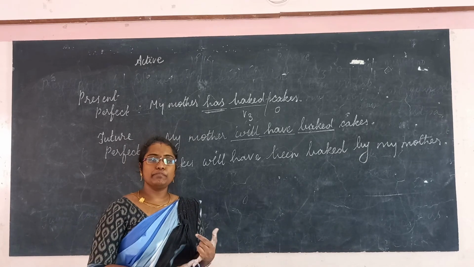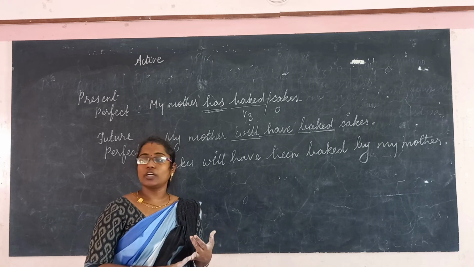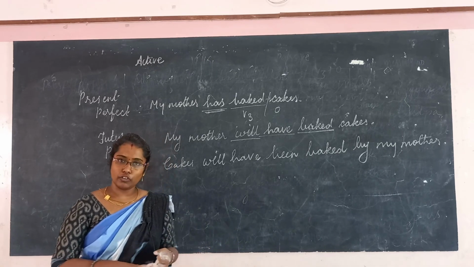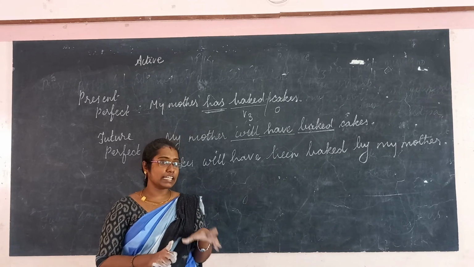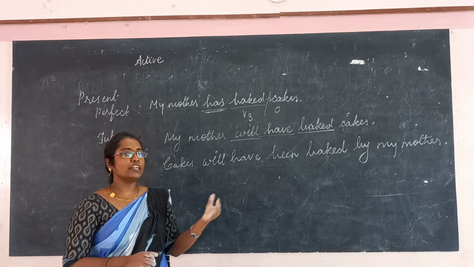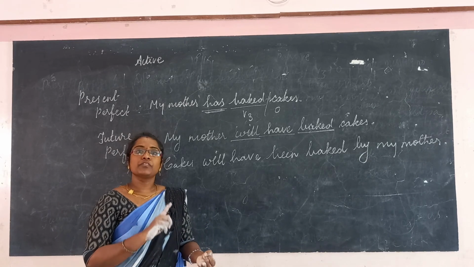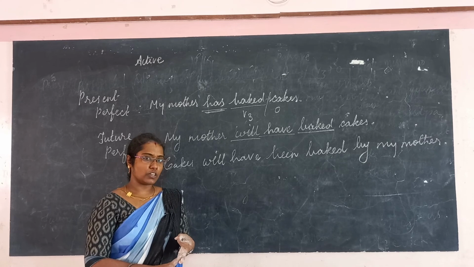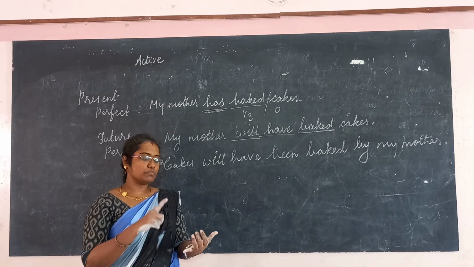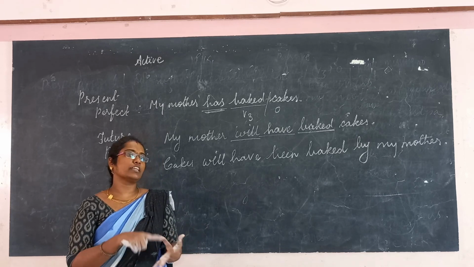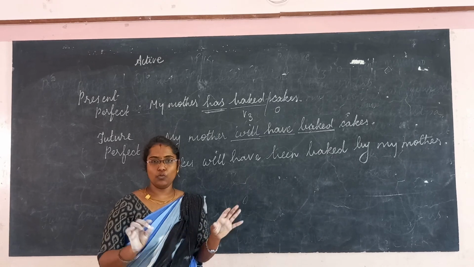So that's all. So far we have changed simple present tense into passive from active, simple past tense, simple future, present continuous, past continuous, future continuous. Future continuous doesn't have the passive voice. And present perfect, past perfect and future perfect, okay, and the next three categories, present perfect continuous, past perfect continuous, future perfect continuous. So these three sentences don't have a passive voice, okay.